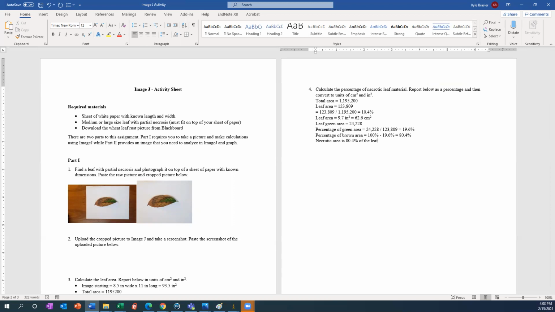So now if we're doing 80.4%, and we have our leaf area already, we can say which makes up 9.7 times 0.804, 7.8 inches squared,